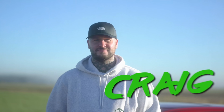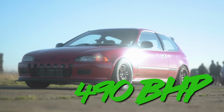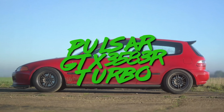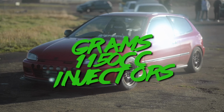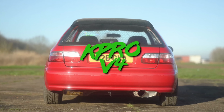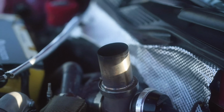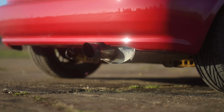First up, introducing Craig, and the oldest car of the bunch, his 490 brake horsepower K-swapped and boosted Honda Civic EG. Modifications include a stock block 2-litre K20A2 engine swap, a Pulsar GTX 3583R turbo and custom manifold, Grams 1150cc injectors, a DC5 LSD, methanol injection and a K-Pro V4 engine management. The car's mapped by street racers and can actually make 524 brake horsepower on kill. However, he's turned it down to keep things as fair as possible today, keeping it at 490 brake horsepower at 15